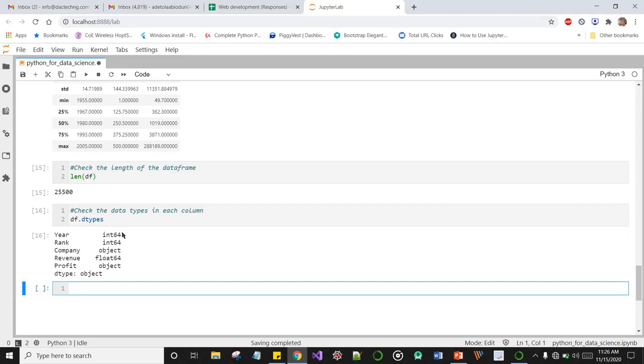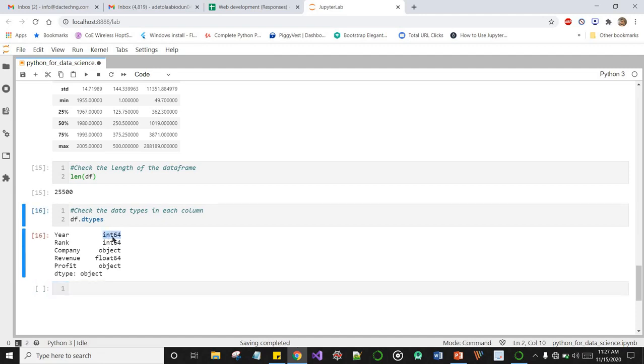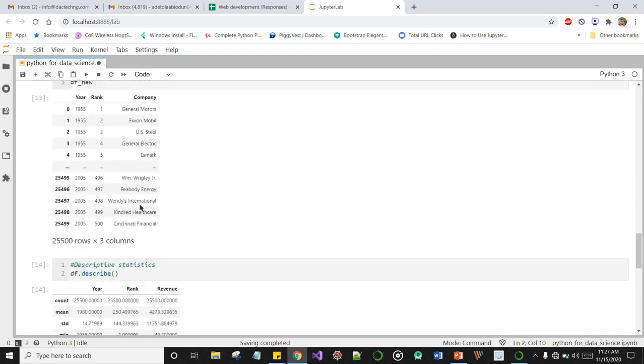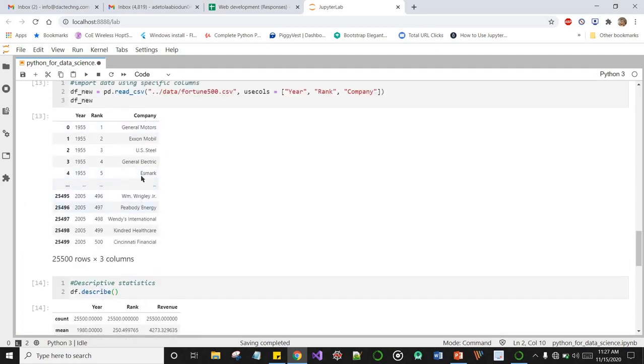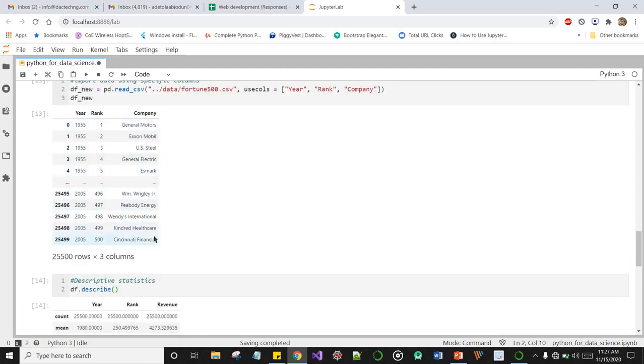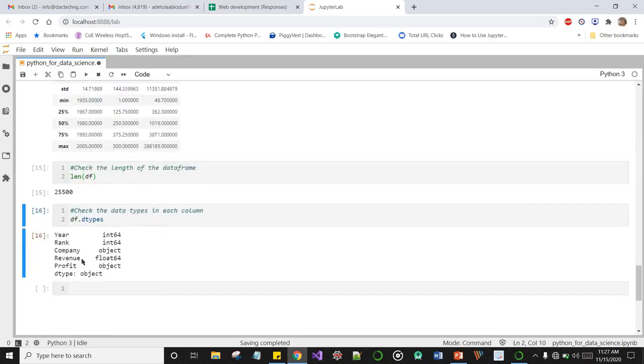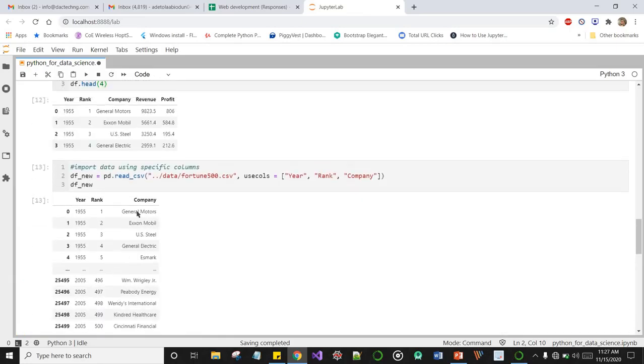There's integer 8, but don't bother yourself about that. What you really need to bother yourself about is that the data type is an integer. The rank column is also an integer. Company is an object, because like I said earlier, strings are objects in Python, and the company names are made up of string values. And the revenue column, let's check, they're actually floats.